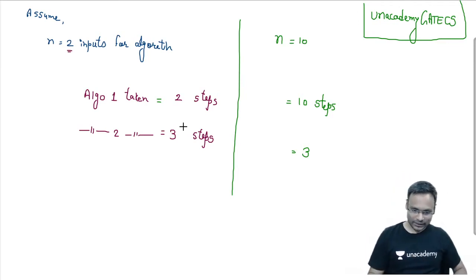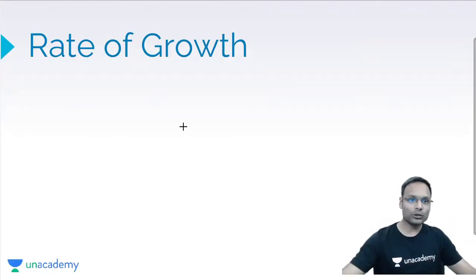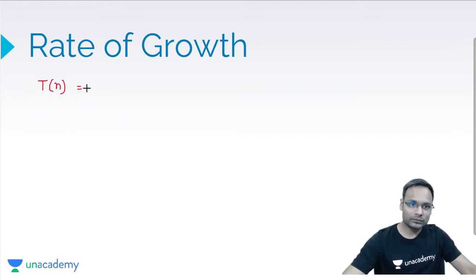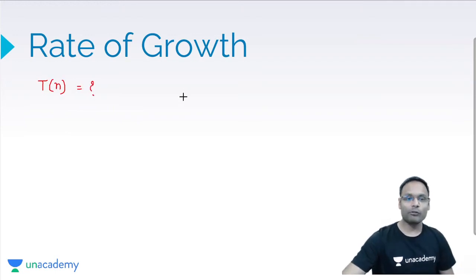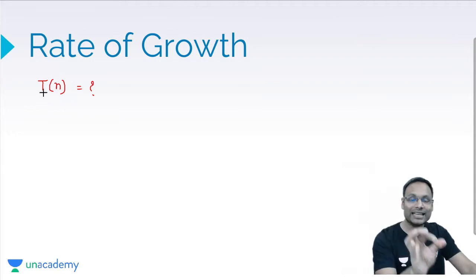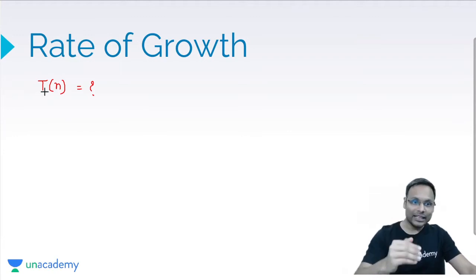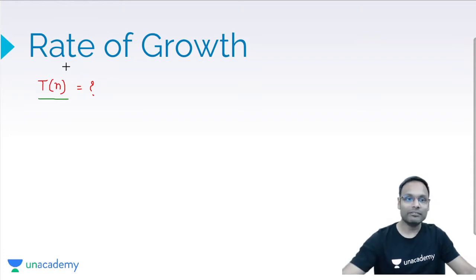So in that particular case, we go for rate of growth. Rate of growth is nothing but a function which takes in input n and gives you the output. So rate of growth function is just a function. That function says, if you provide the input n, T is my function, my runtime complexity. T of n is nothing but runtime complexity, and this runtime complexity I will be giving in terms of rate of growth, and rate of growth is nothing but